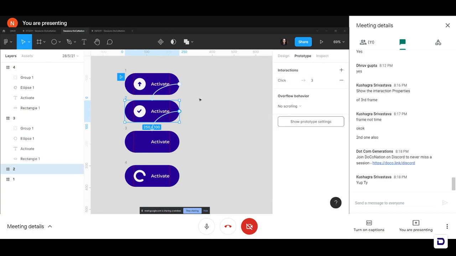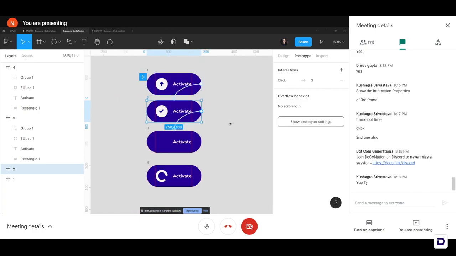Okay, great. What about the rest of you? Are you done till where we have achieved the 4th frame? We are halfway through this already. All we have to do is add the loader animation and then turn it back into our tick mark. So once you're done with this, creating this little circle, or if you're facing any issues, let me know so we can move ahead.